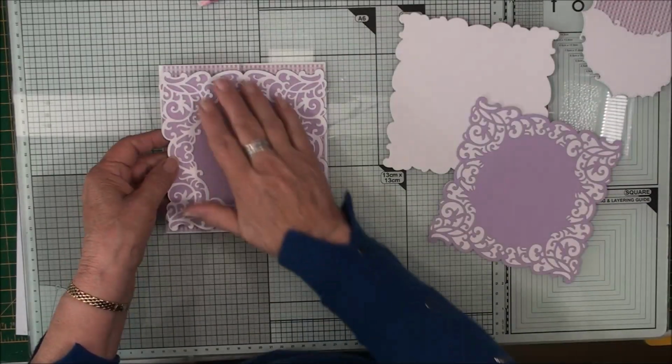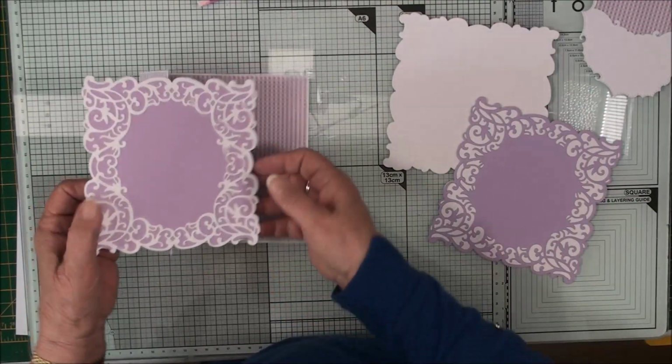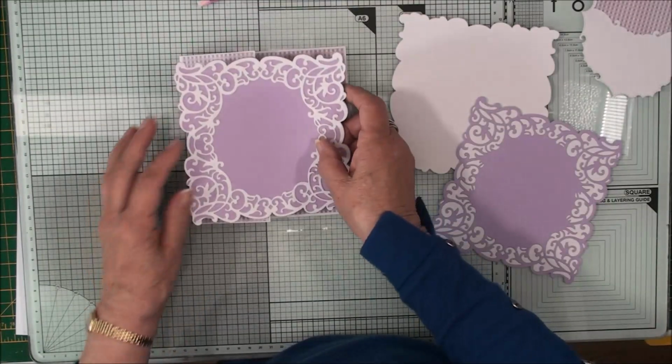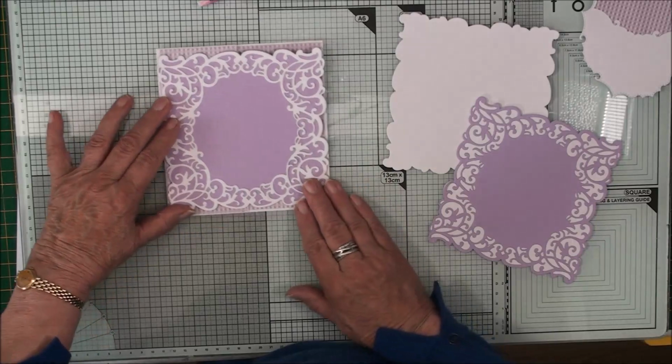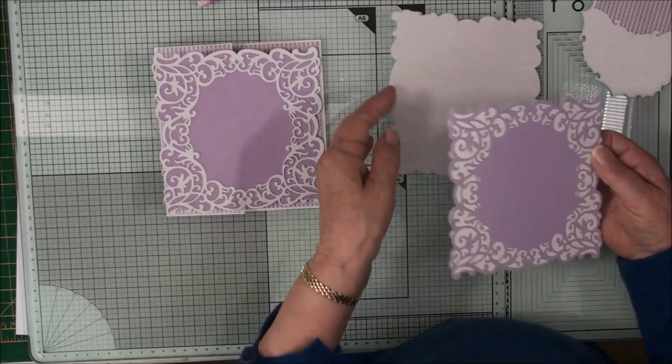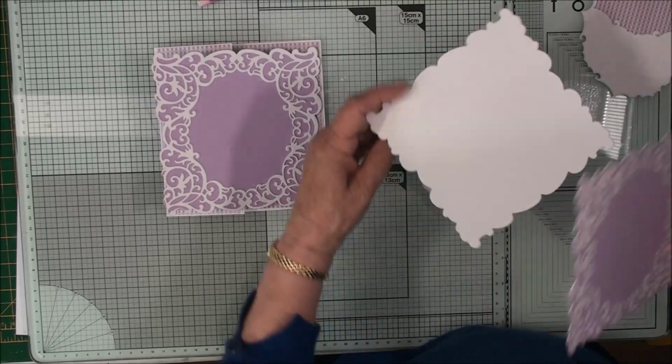So we have this piece in place now, and I've also added another piece of matching card to the other side. So that's all completed. That's all ready now to decorate. Now with this one, you can just add this to the top of your card,